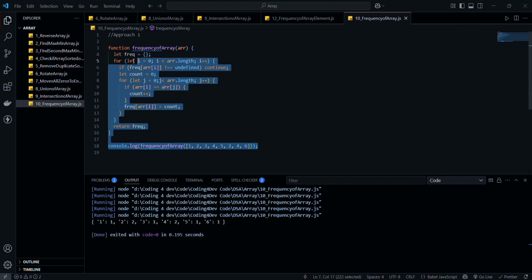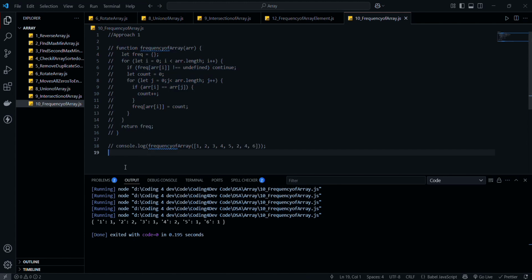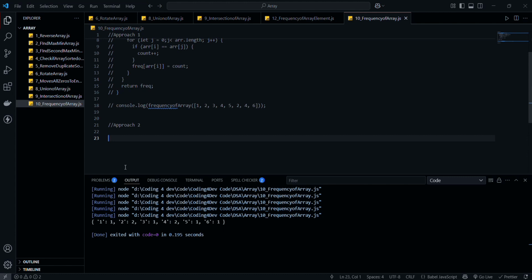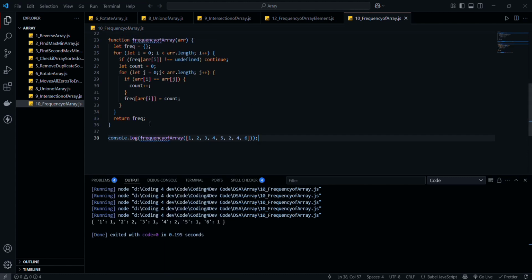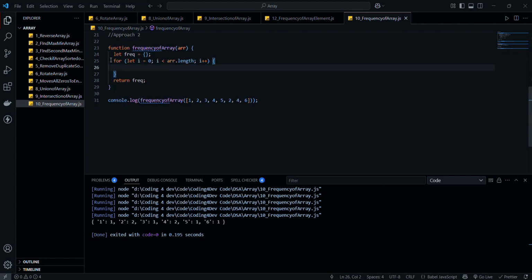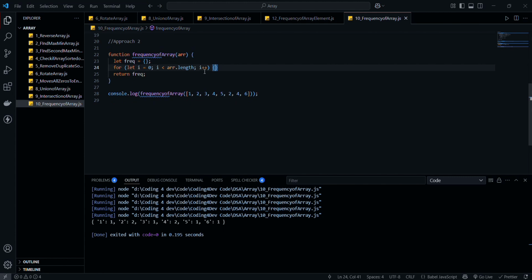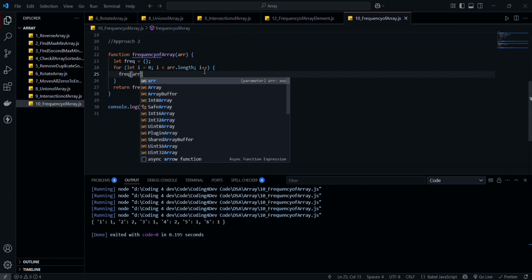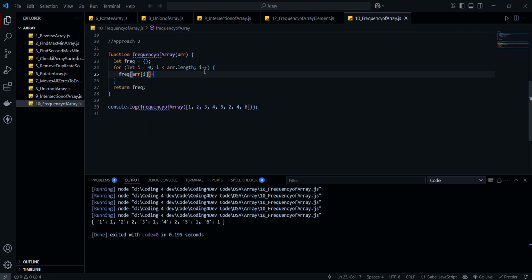This is the first approach. Now copy this function, because we use the same function in the second approach with some minor changes. This is approach second. Our code is the same. Now what we do is set the frequency of arr of i equal to